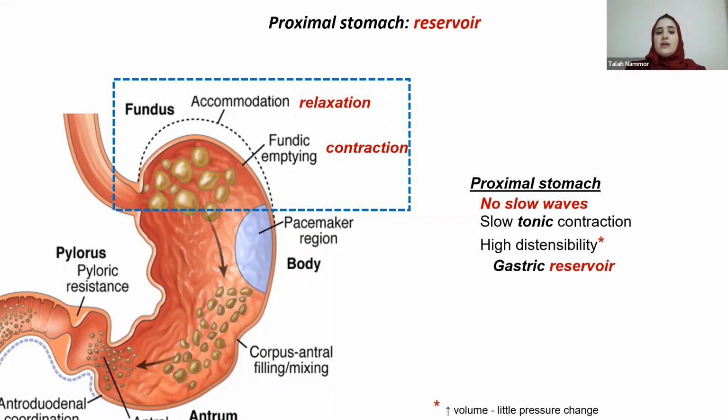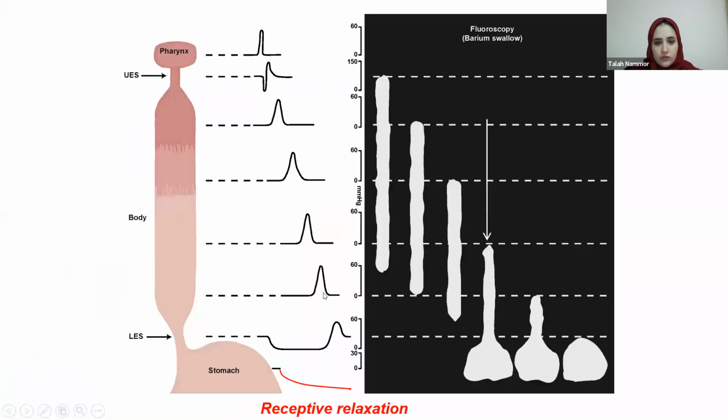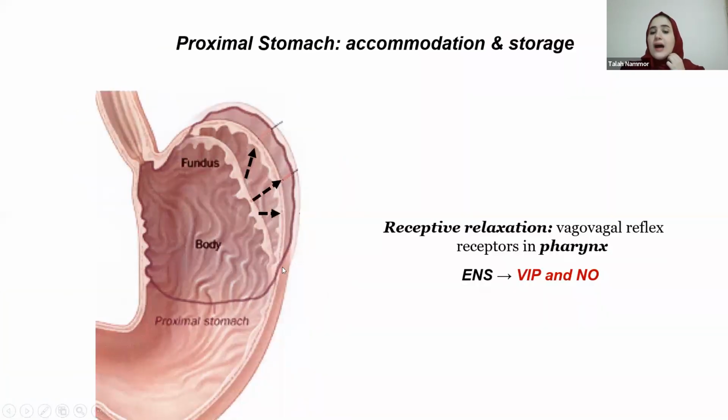Okay, so when we eat, you know that our stomach can hold up to 1.5 liters of food without any changes in pressure. So where does all of this food go? It goes here. So the food is in here. What happens is, look, I'll show you. What happens is when the food is going all the way down from your mouth into your esophagus,